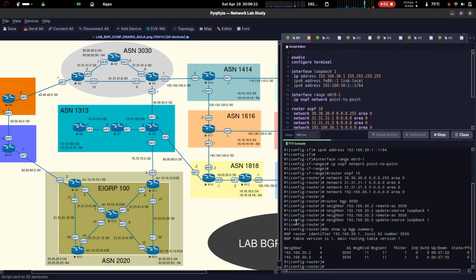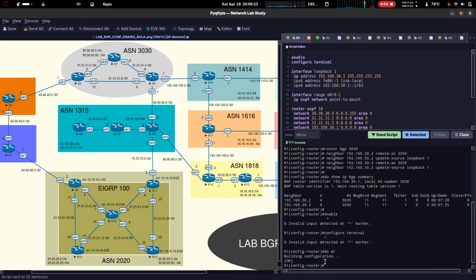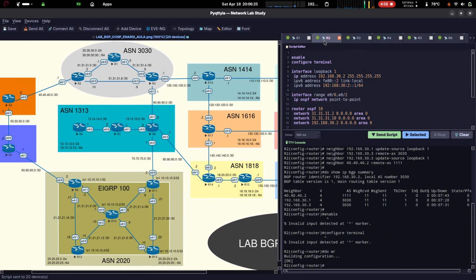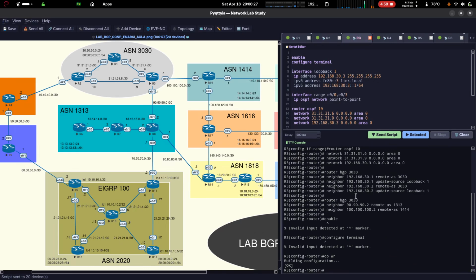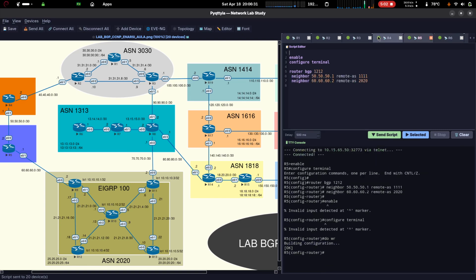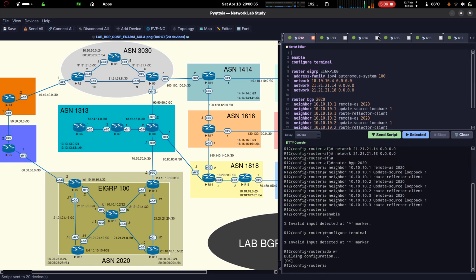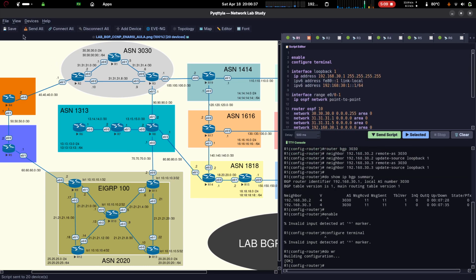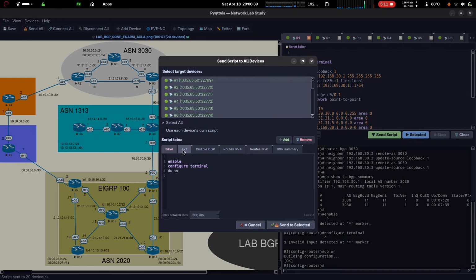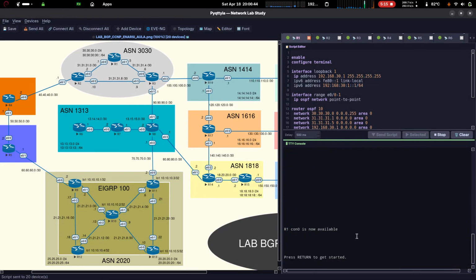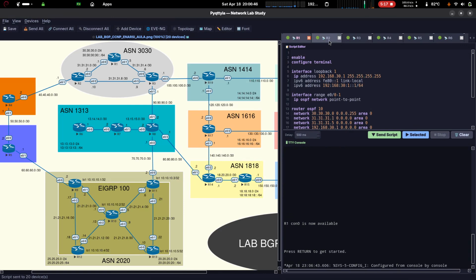If I press send here, you can see it's sent. Look, a save to all of them. So all of them have a save there. If I scroll here, the mouse wheel, I navigate through all of them and I see that all of them received a save. I can throw in an exit script here. It will end the session if I scroll between them here. I'll see the session ended on all of them here.